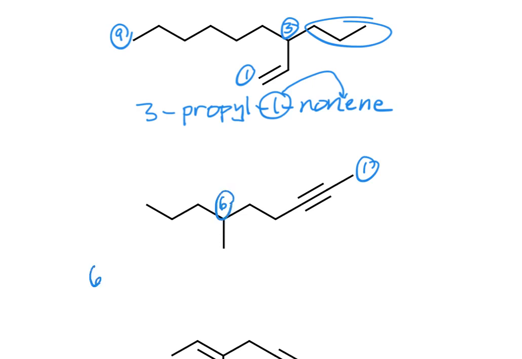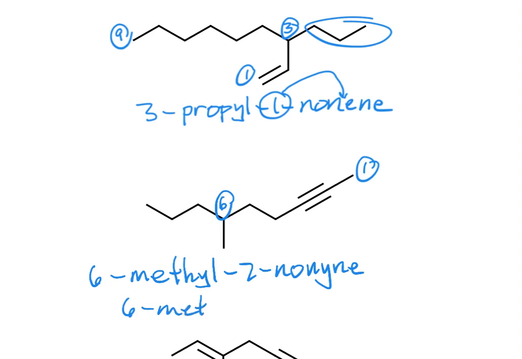So this is named 6-methyl-2-nonyne. Okay, that Y is pronounced like it's an I, nonyne. And of course, I could also call this 6-methylnon-2-yne. All right. Again, I think I prefer to have the number out in front of the root name because